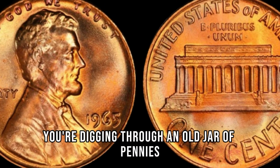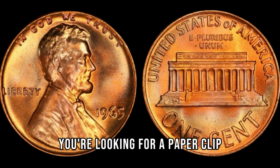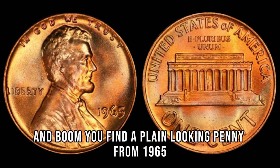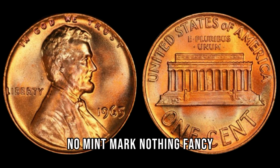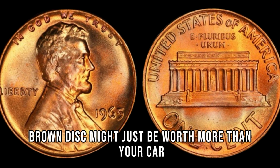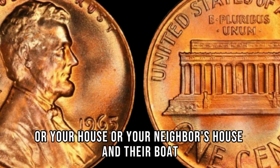Imagine this. You're digging through an old jar of pennies in your grandma's kitchen. You're looking for a paperclip, and boom, you find a plain-looking penny from 1965. No mint mark, nothing fancy, just a regular old coin, right? That little brown disc might just be worth more than your car, or your house, or your neighbor's house and